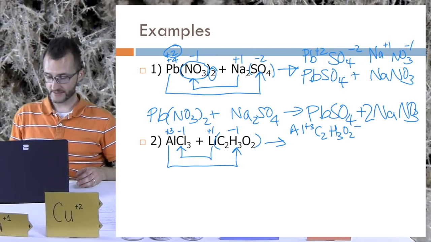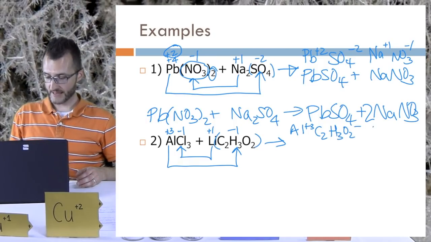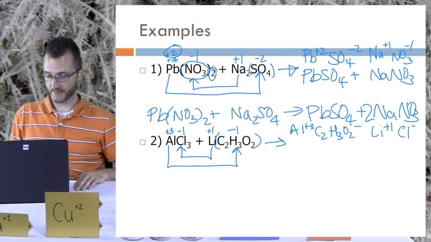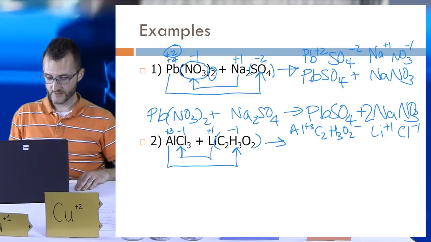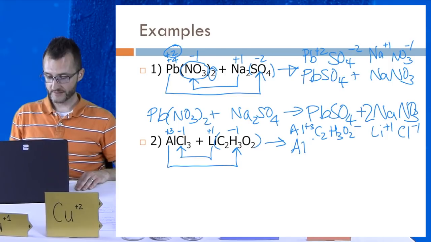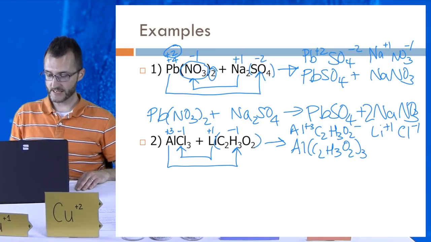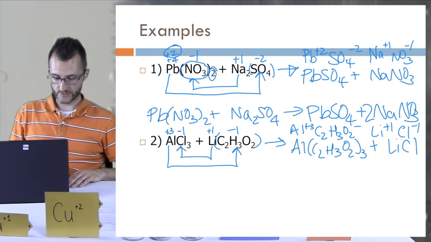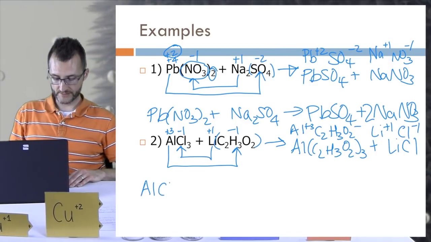So Al +3, C2H3O2 minus, and then I've got Li +1, and I know I'm not carrying over that 3. Good. So just Cl minus, no 3 there. So put them together, I get Al(C2H3O2)3, and then just LiCl. Good so far. All right, so just to rewrite this very quickly for balancing purposes,